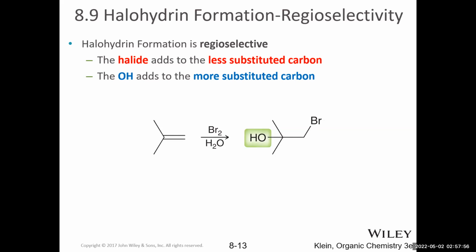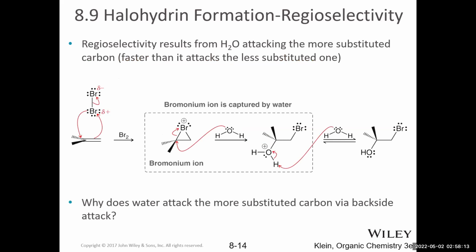This is a reaction where both groups are non-hydrogens, right? So we really wouldn't consider it Markovnikov or anti-Markovnikov. We just want to remember, though, that the OH gets added to the more substituted carbon selectively. Okay, so again, the bromonium ion gets formed, and then water does a nucleophilic attack.